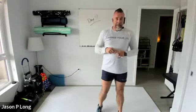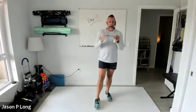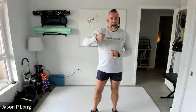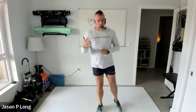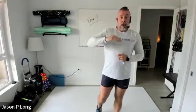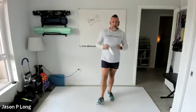So HIIT workouts, high intensity interval training, is a slight kind of hybrid between the two. We work the intensity of the body part, but we do it at a higher rate of interval, at a faster pace. We take less time between each set to cool down, so our heart rate stays pretty steady. The objective behind a HIIT workout is to elevate the heart rate to a level where you can still talk, you can still breathe normally, but your heart rate is elevated, and you want to sustain that for a good period of time. A good 30, 45 minutes of solid work